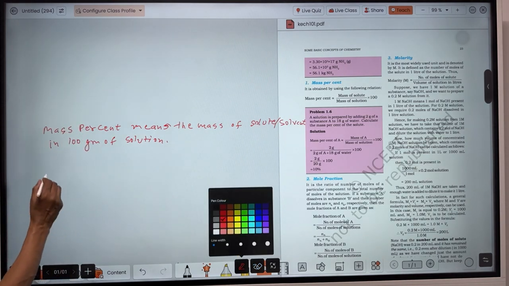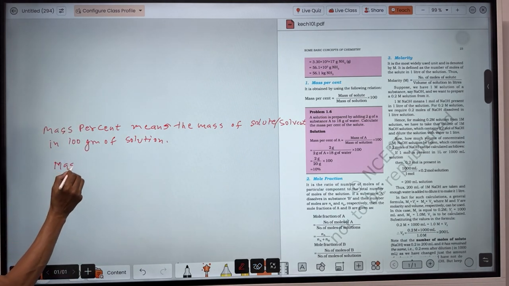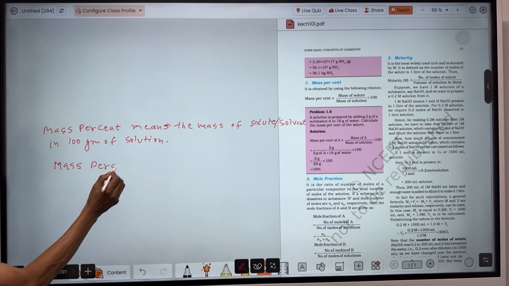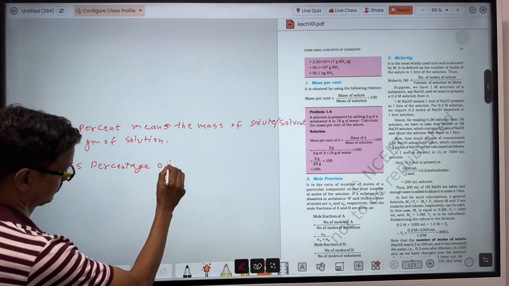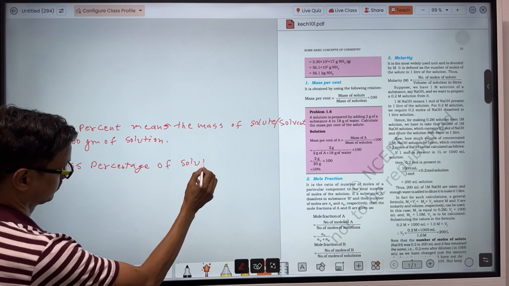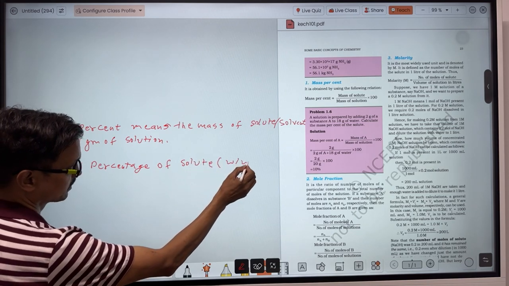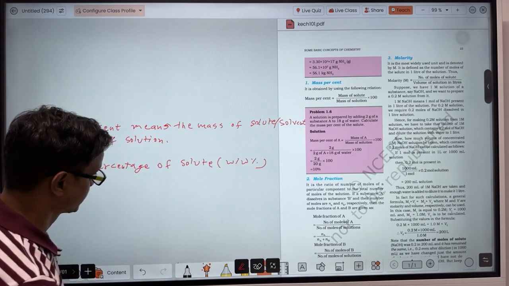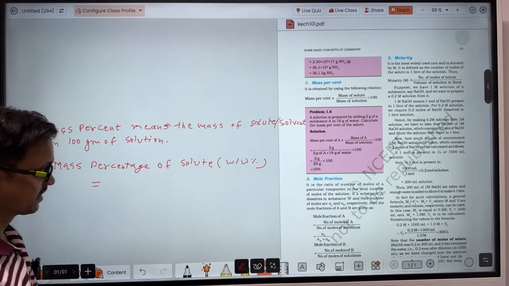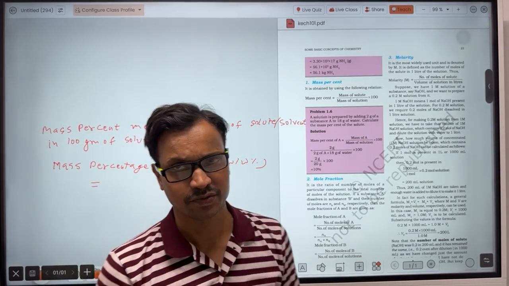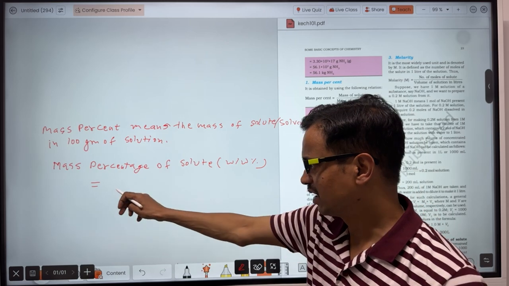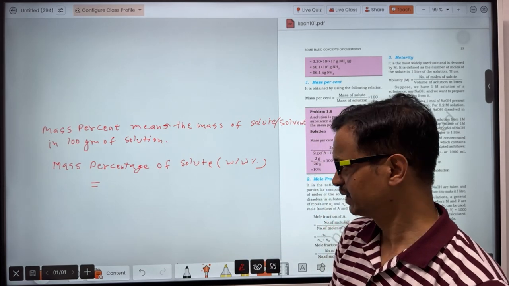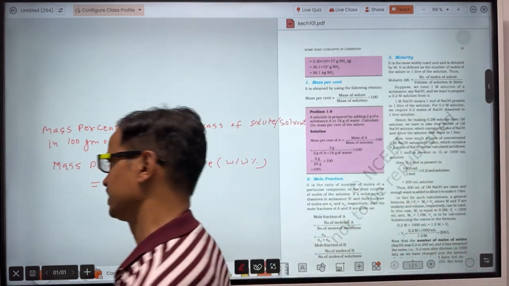If you have to find out mass percentage, so mass percent, W by W percent. When you have to find out the mass percentage of solute, you take the mass of solute upon the total mass of solution, into 100. So that will be equal to